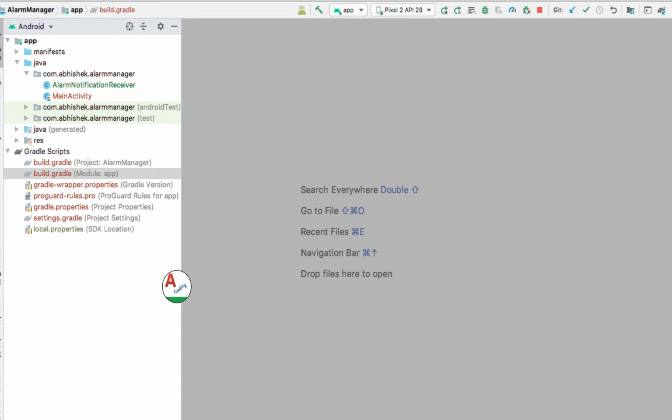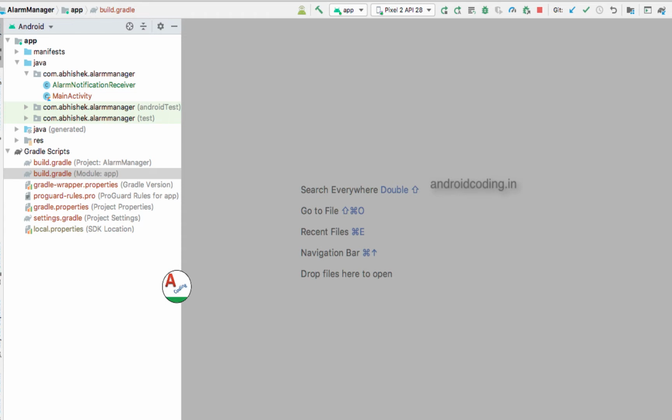You might be having a doubt: why can't we do the work with the work manager, and what is the difference between the work manager and the alarm manager? When we want to do a work at a specific time, for example at exactly 3 o'clock I want an image to be uploaded to my server, these kinds of tasks we need to deal with the alarm manager only. With work manager we can't do these kinds of things. Of course both of them have a background service kind of thing, but here we especially use alarm manager for these kinds of work with a specific time interval.